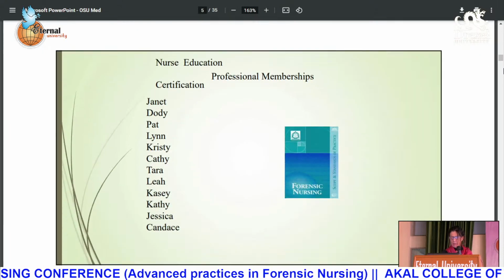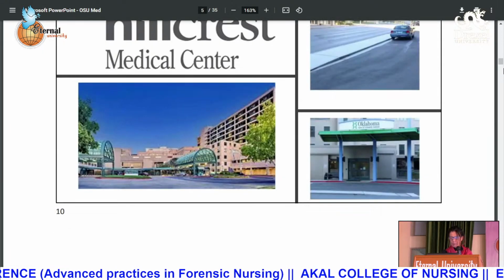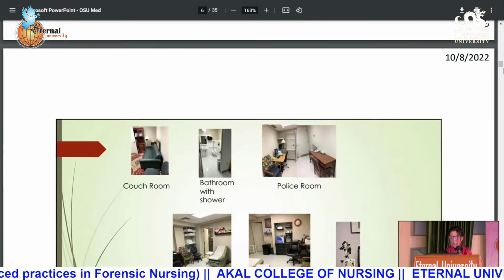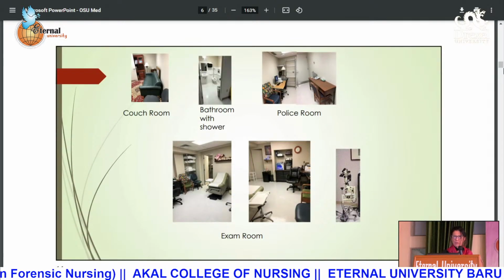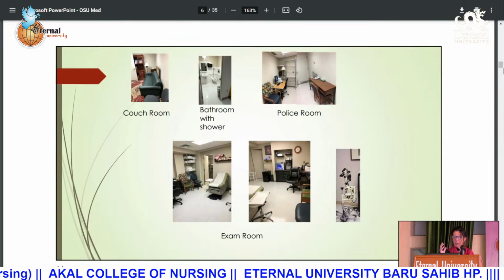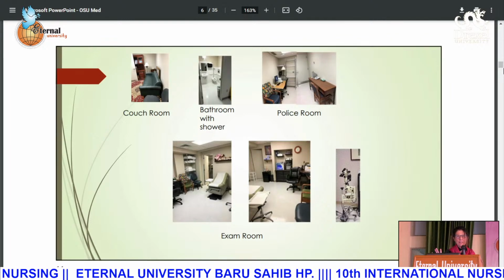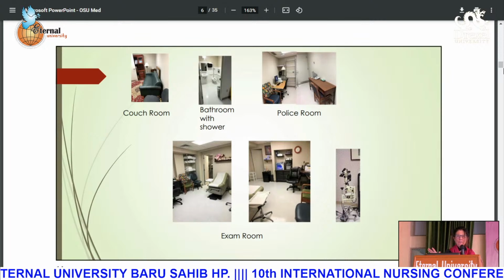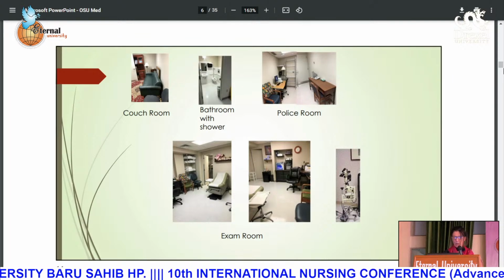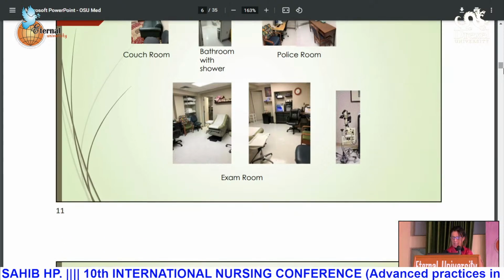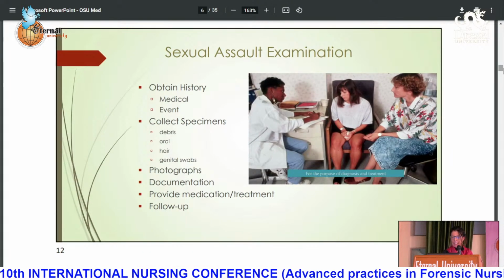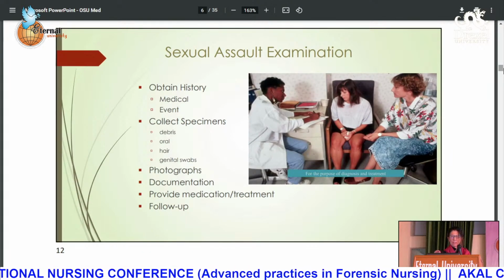And I'm going to go very quickly right now. And these photos are similar to what Dr. Goria showed, the different exam rooms, a bathroom with a shower. It's a very specific place often in an ER or family clinic where these exams occur and interview is taking place. So again here, we talked a little bit about this. You want to take that